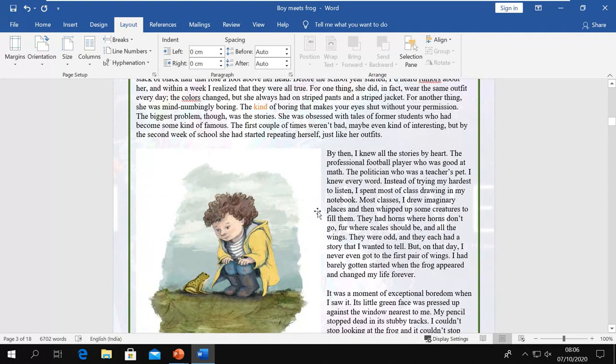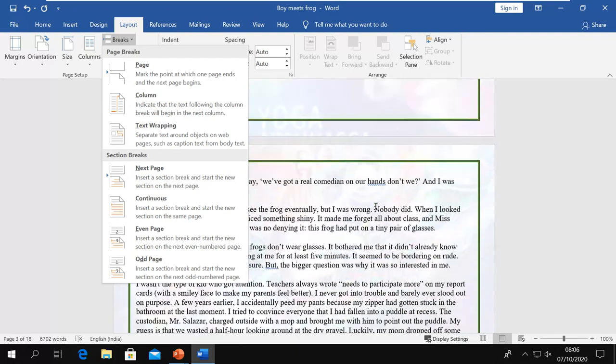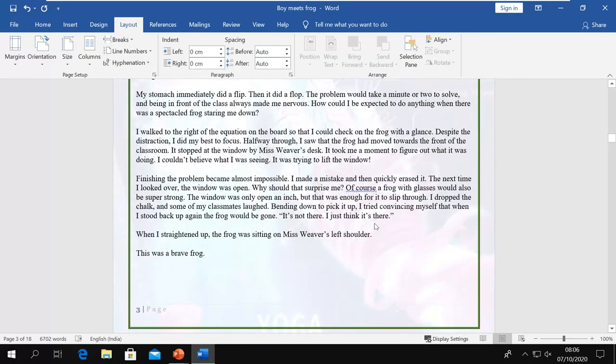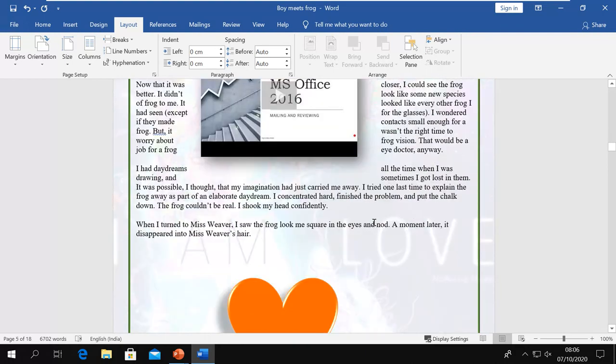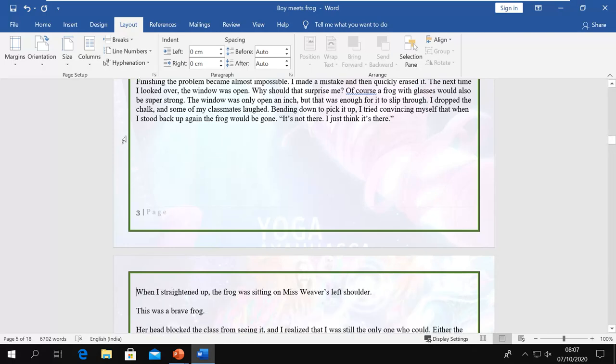Now the next thing, the next command, is breaks. What does this do? It does page breaks and section breaks. Now where do you want to break the page? First one is to break the page from the middle. That means in your paper, suppose you are ending the text somewhere and you want to start new text from the new page, then you can break it from there. You can just hold your insertion point there, and you can say break from here, and then that text will go and start from the next page.